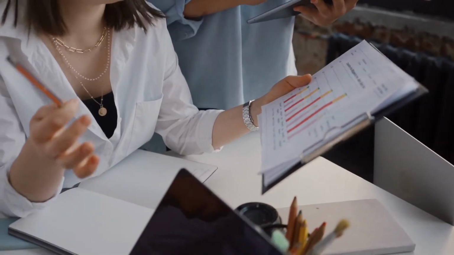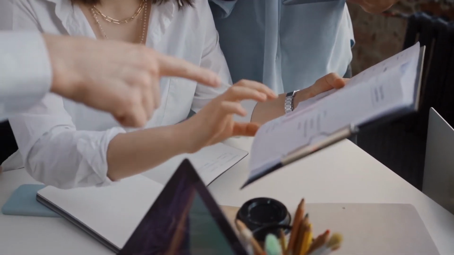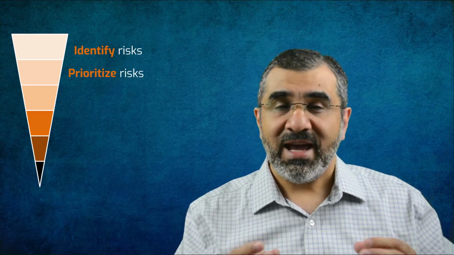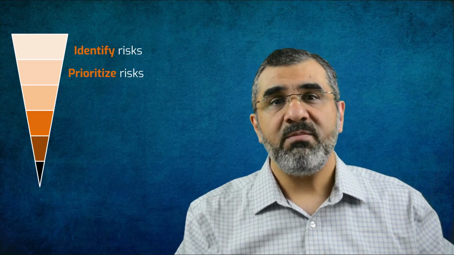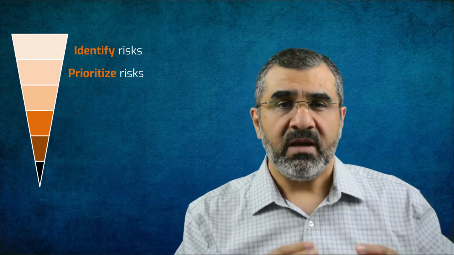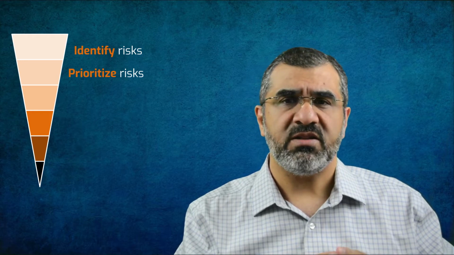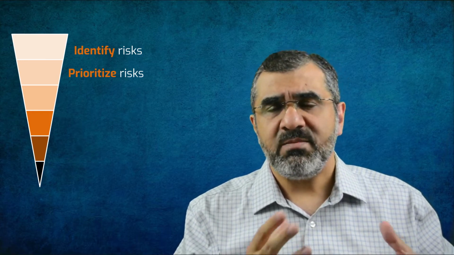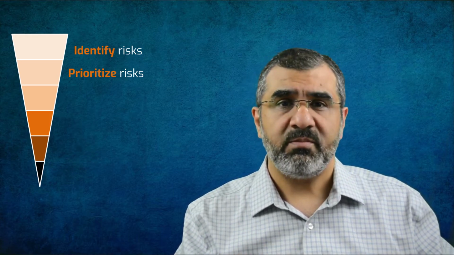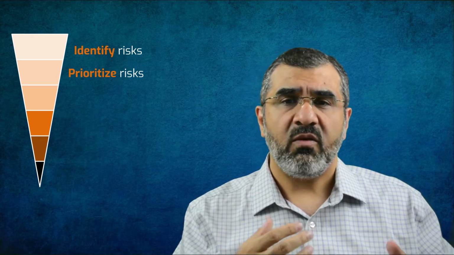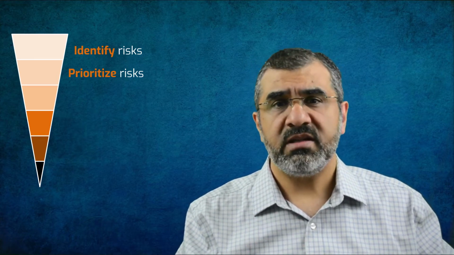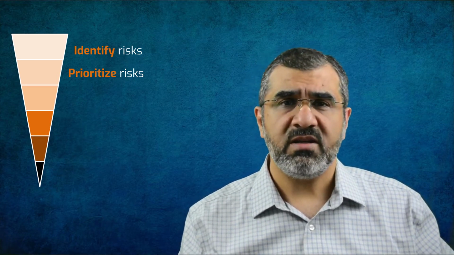There can be many risks listed on the risk register. Not all risks are critical. Not all of them are high priority, and not all of them require to be attended to. So as the second step, the project team prioritizes these risks. This prioritization is qualitative or subjective in nature. It can be as simple as a judgmental call by the team saying that risk 1 is low priority, risk 2 is high priority, and so on.